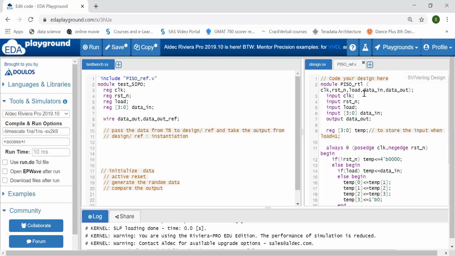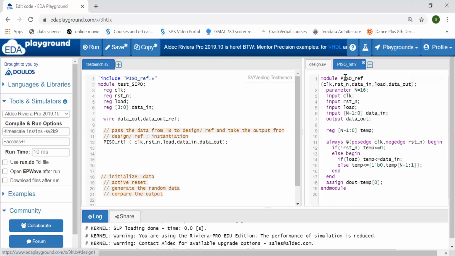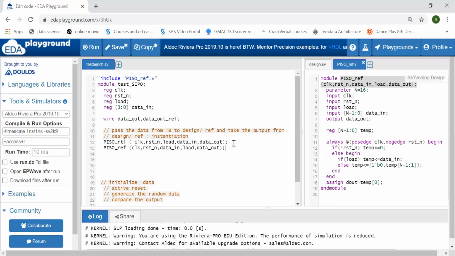So now I will be instantiating two modules. Here I will be doing instantiation by position. So here it is data out, and here it is data out reference.